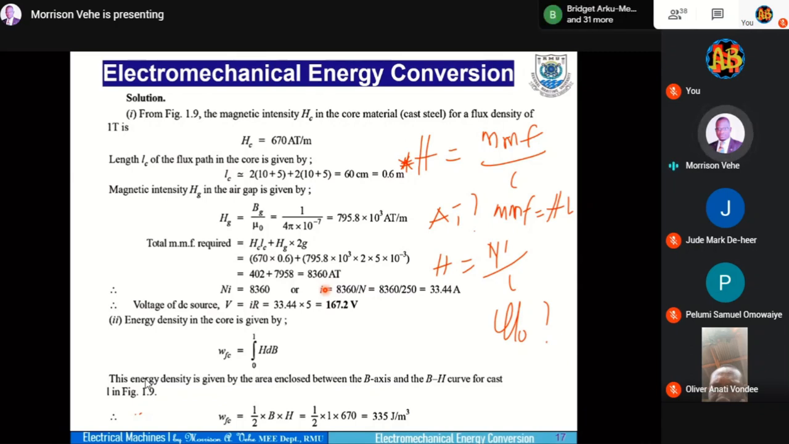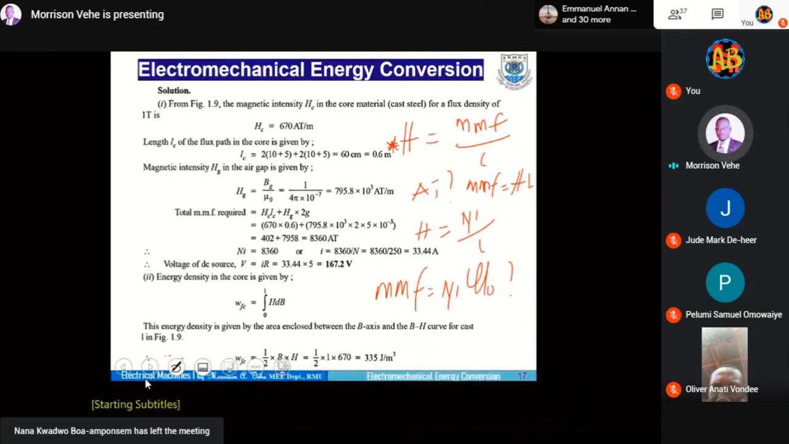Now, if that is the case, like we also indicated, our MMF is equal to Ni, which we know from our magnetic circuits class. So MMF is equal to Ni. So if that is the case, then it simply means that we can